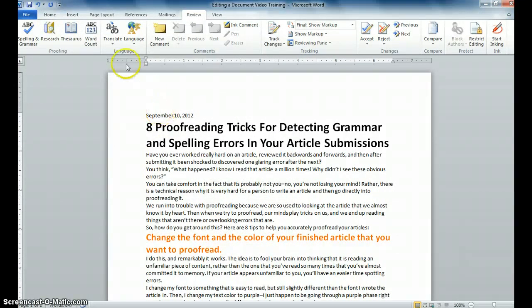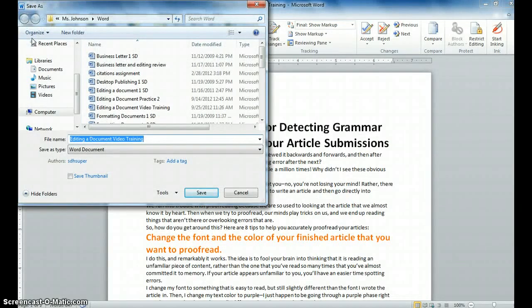When you've opened this, if you just press save, it would try to save it to the M drive, and you don't have that ability. It would actually come up with an error. So you need to do a file save as, and basically save as is going to give you another copy